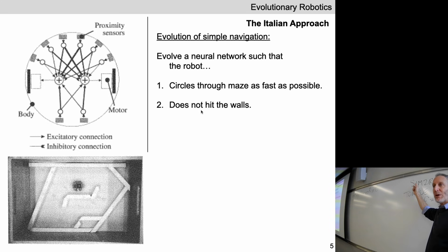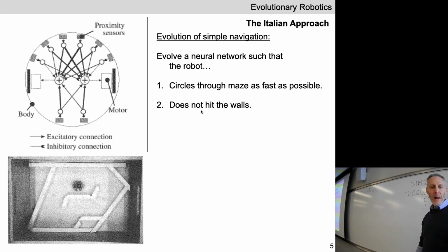We spent some time talking about physics engines. No physics engines here. This is the mid-90s. Commercially available physics engines didn't exist yet. They started to arrive around 2000. So no sim at all. This is just real. They're going to evaluate every neural network for about 10 or 15 seconds on the physical